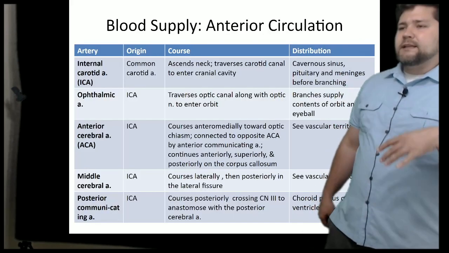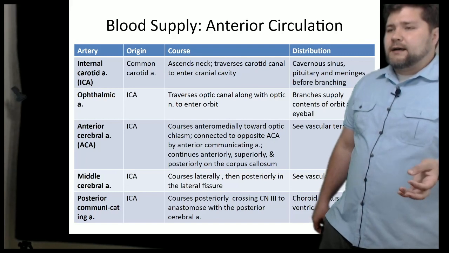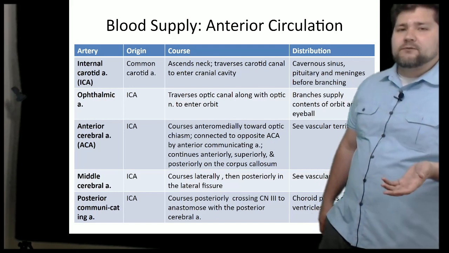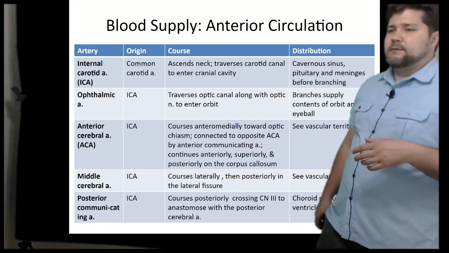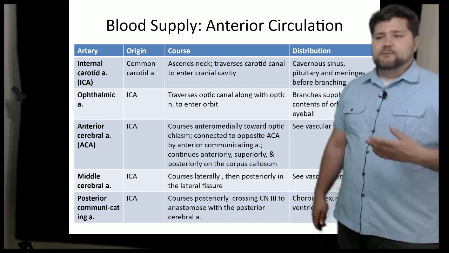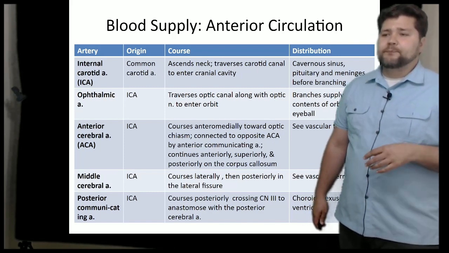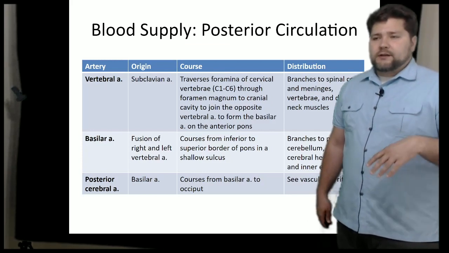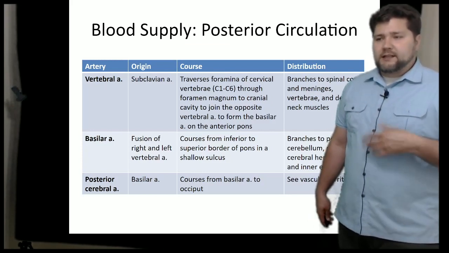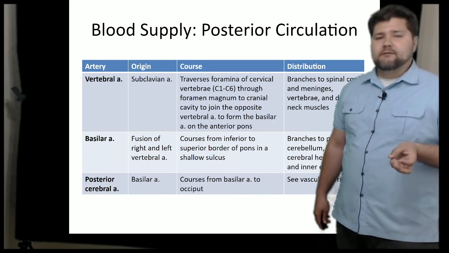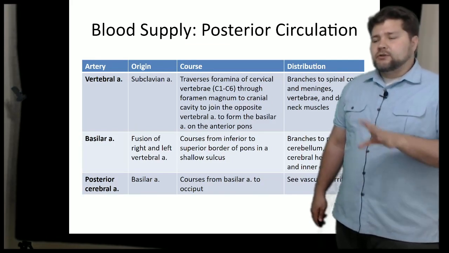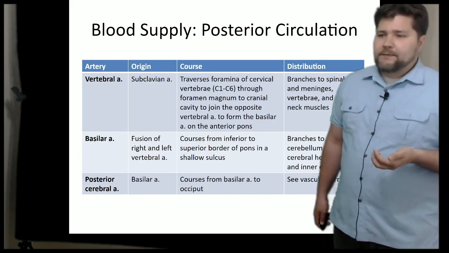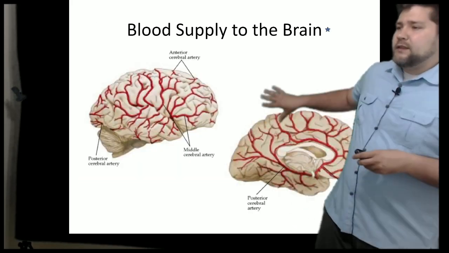So I just made a complete list of the main arteries for this unit. So being able to identify the internal carotid and its branches, as well as the arteries of the circle of Willis. Really, regardless of ones we already talked about, I'd say just focus on these and their corresponding regions of vascularization. So the ones that say vascular territories, that has to do with the fact that when we think about the brain,